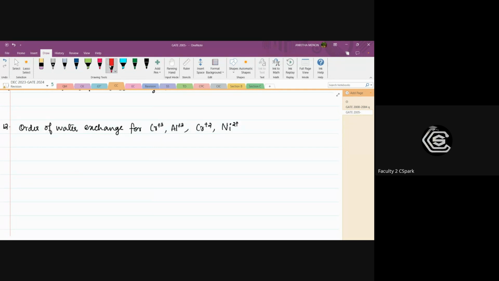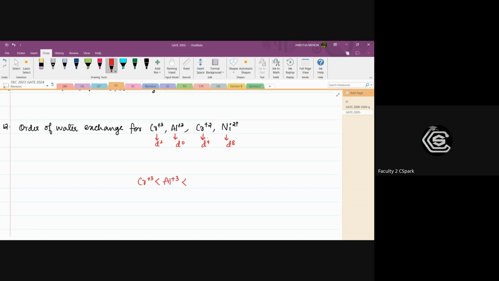Okay, if we look at the d electronic configuration, this is d3, this is d0, this is d4, and this is d8. All right, we know that a d3 system is highly inert. d3 and low spin d6 are very inert. Okay, so being inert, they do not participate in exchange reactions. Least one, followed by aluminium,